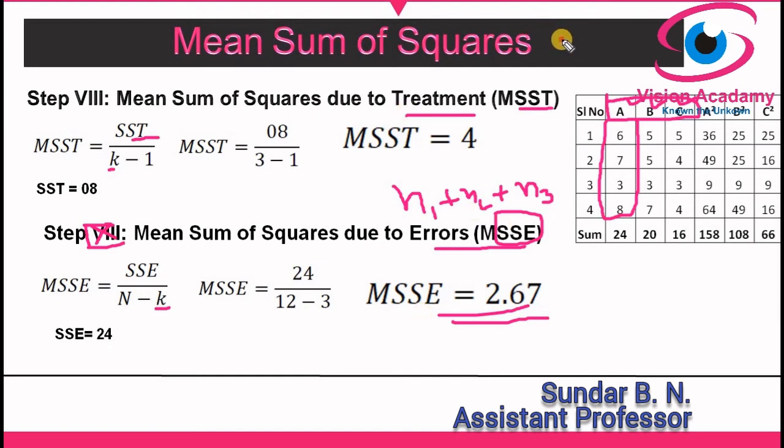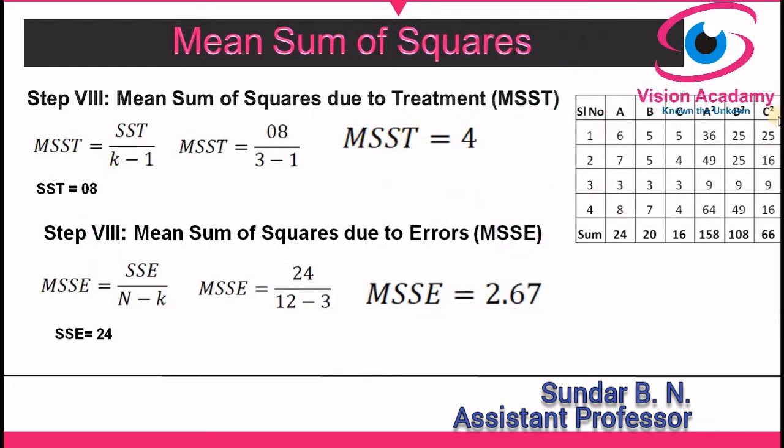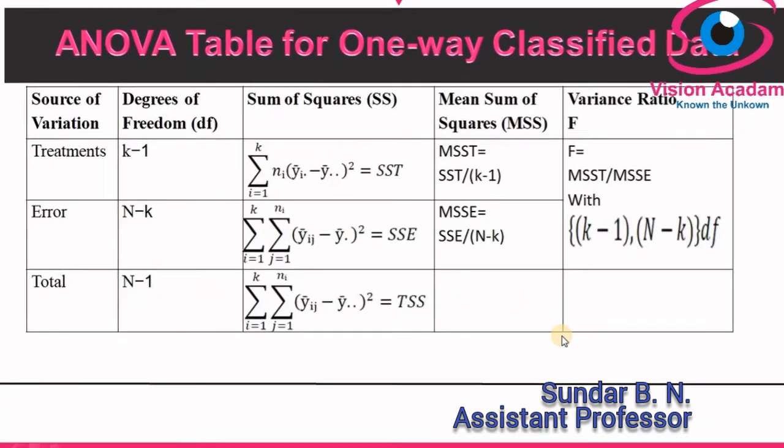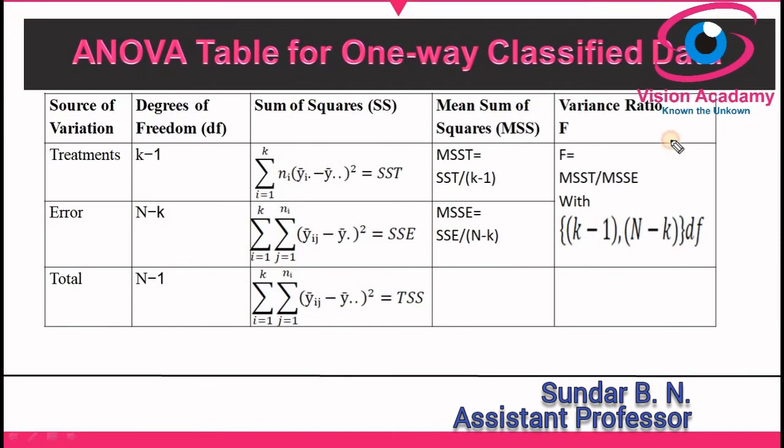So in this way we also finished the mean sum of squares. In the mean sum of square we considered the 8th step, that is MSST, and the 9th step, that is MSSE. So finally now we can go to the table. In the table only we can find the F ratio. So let us plot all the data that we found to the table. Before that, let us understand what the table is again. I have explained this table in my earlier video also. Now I am just showing you to brief it.